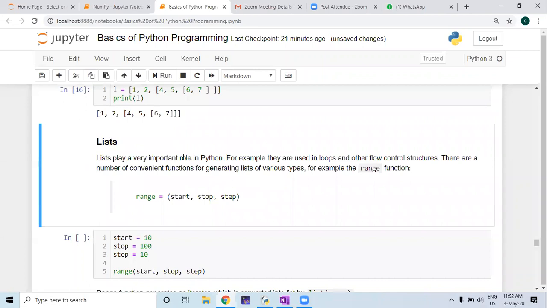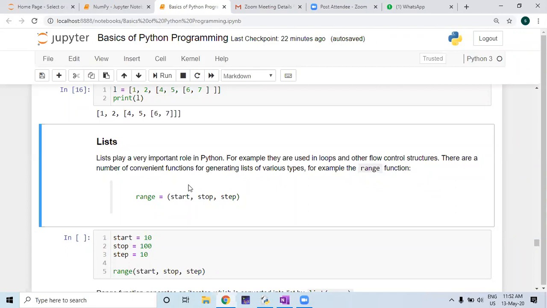This is important for you, that is how to create a list. Suppose you are creating a for loop or something like this, and you want to create a list of elements, say from 1 to 100 or 1000. It is not possible for you to type 1, 2, 3, 4, 5, 6, 7, 8, 9, 10 up to 100. It is not advisable.